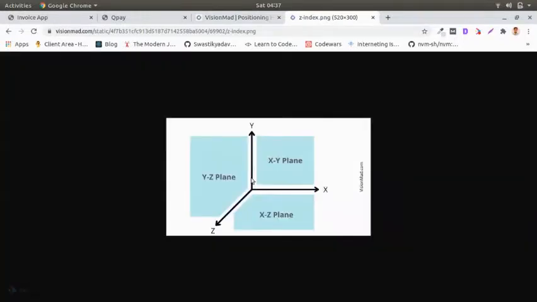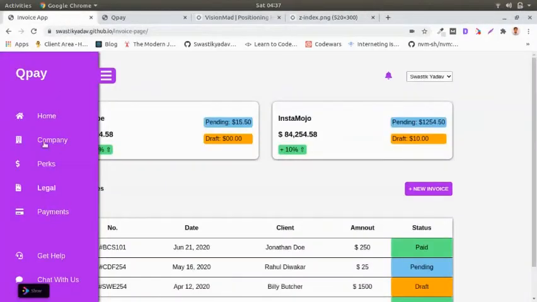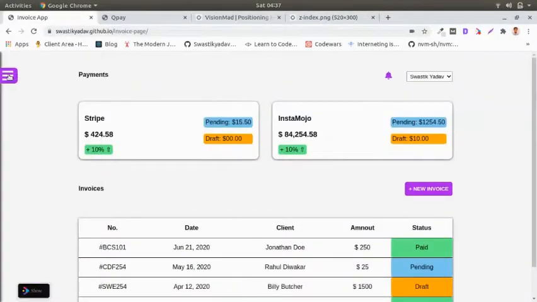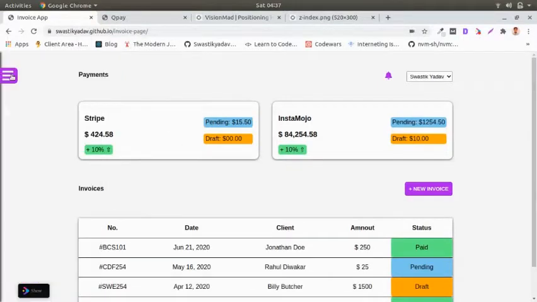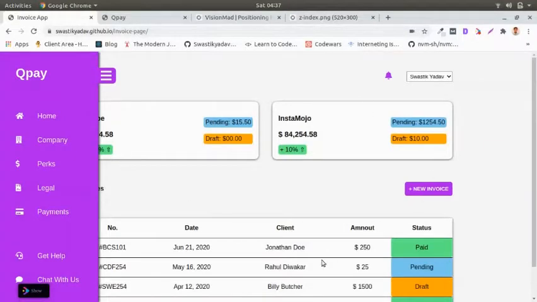So what's happening here, this is the x-axis, this is the y-axis, right? And the z-axis goes right through your screen. It comes out perpendicular to your screen. Imagine a line coming out of your screen. That's the z-axis. And the position of an element on that axis decides which element will be shown above and which element will be shown backwards. So that's what's happening here. This must be absolute, so that it comes above the main page, and when we toggle it, it is shown above all the other things on the page, right?